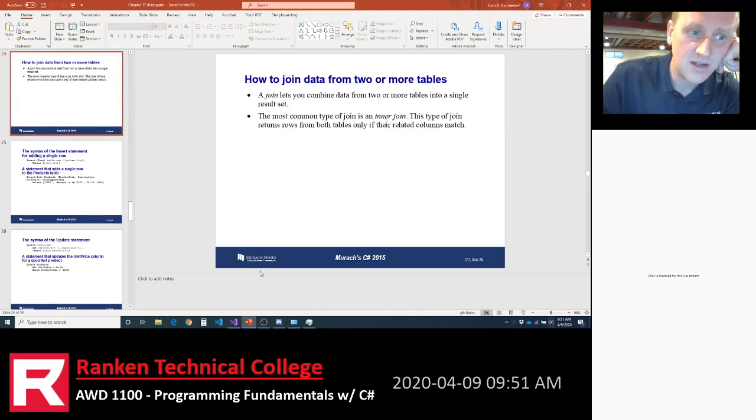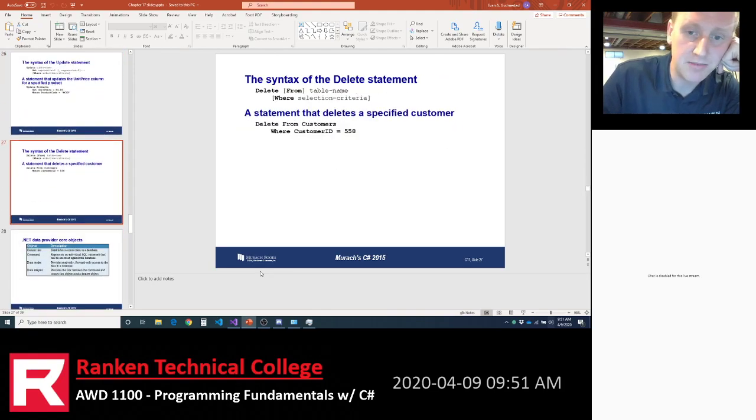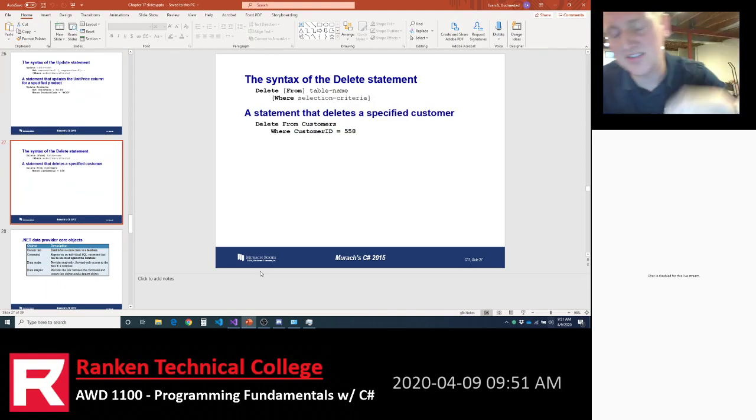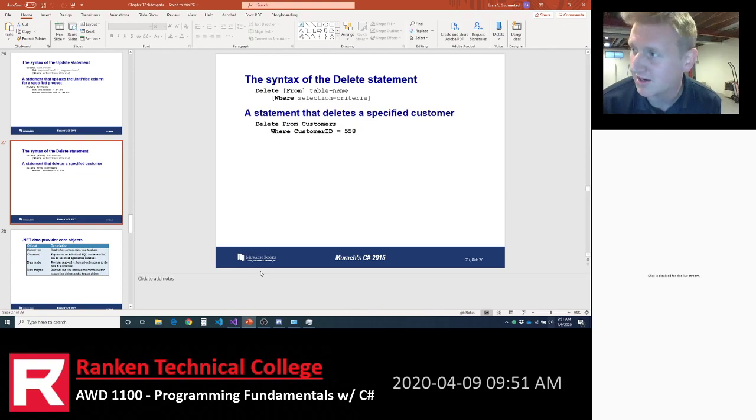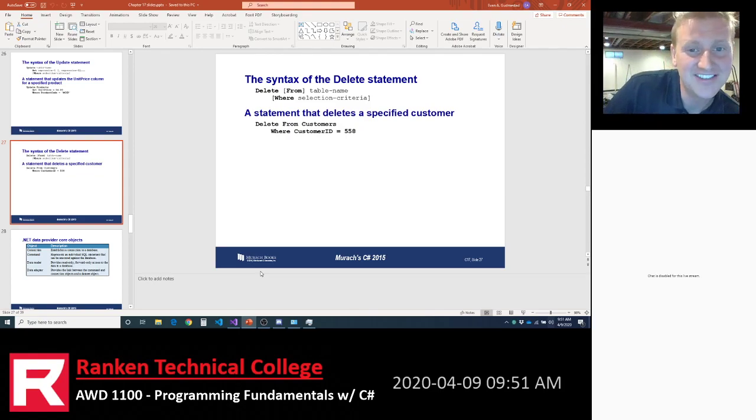Again, select is the most common, but we'll practice. And then delete. Obviously, delete's the most dangerous. If you want to go ahead and get fired at your job, go ahead and delete some data that you're not supposed to, and you'll be collecting unemployment a lot faster than you would have liked. Right? So be careful with delete. Delete is dangerous. Don't delete your customers. Don't delete your invoices. That will get you fired.